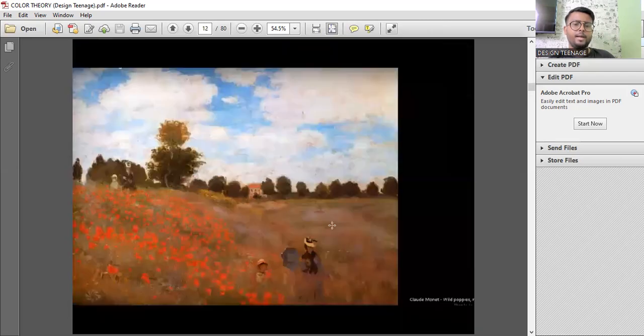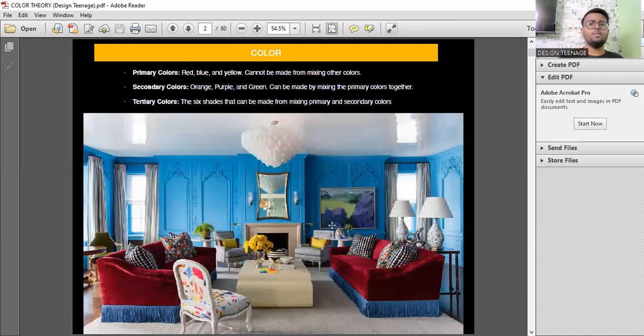Now, for example, if I go back to the very first page, over here what we have is orange, purple, green, okay, red, blue, and yellow. Now, how is orange achieved? Red and yellow, right? Yes. Orange is achieved via red and yellow. Now, if you have to complete the color wheel, you cannot place, like, a mix of orange and purple somewhere, you cannot place it on that color wheel in that manner. You can mix orange and yellow to form the next set of shades. And see, they are talking about the six shades that can be formed via mixing primary and secondary colors.